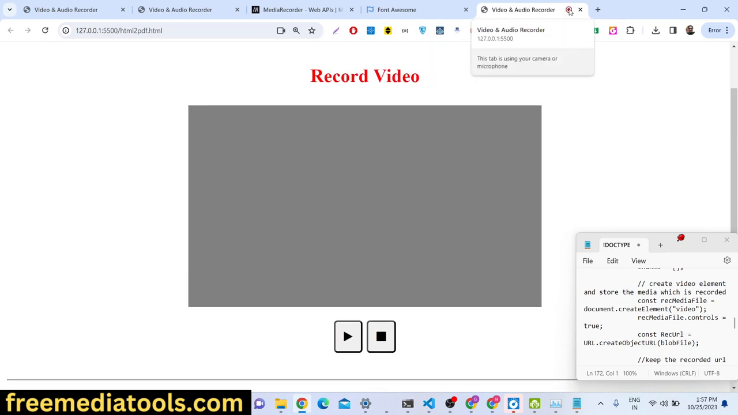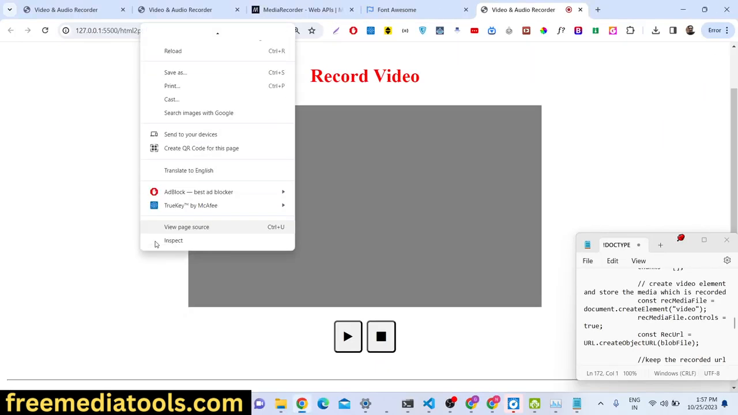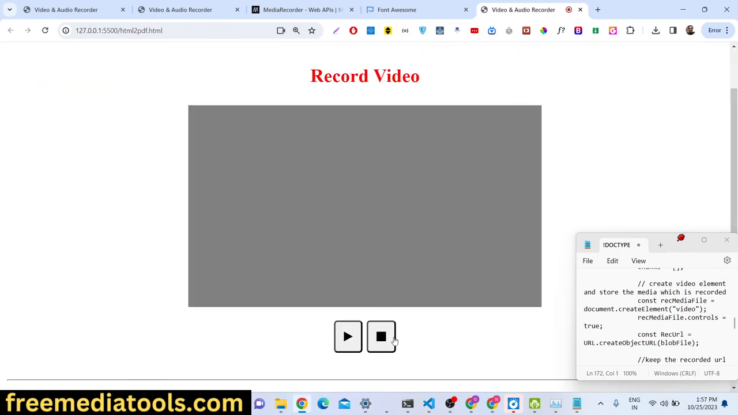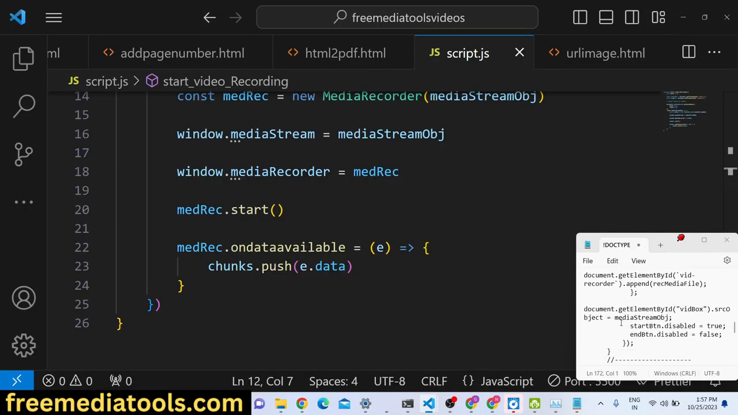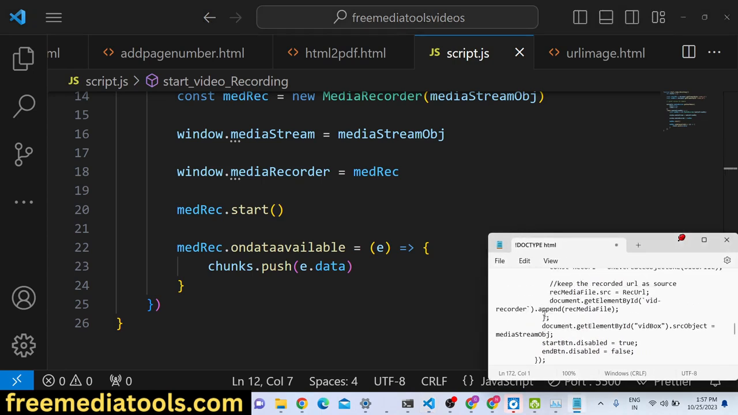So you can see, guys, that it is now successfully saying that it is using your camera. But here we do need to show it in our video element. For that, it's very easy. What we need to do is right here at the bottom, if you see in the code here,